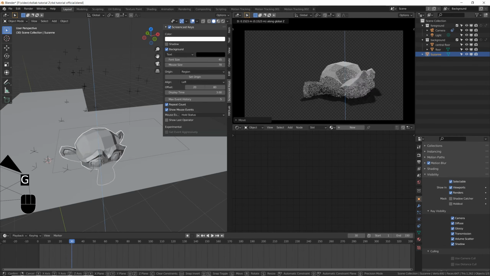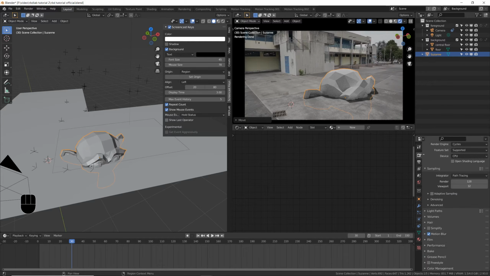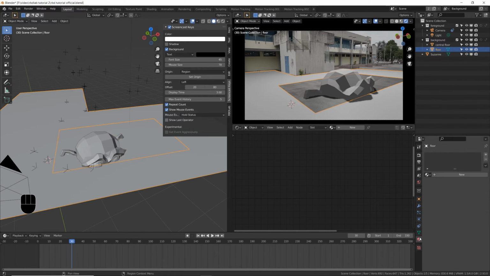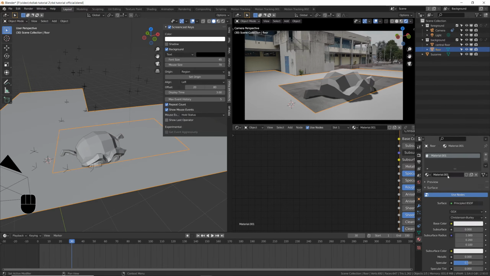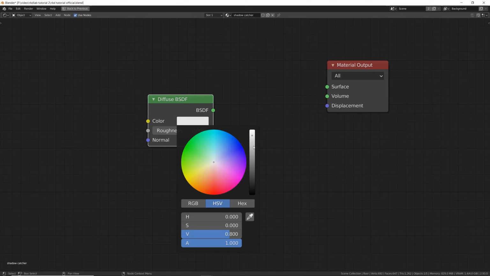Look at this. Instead, in Eevee, this doesn't work, and we need to do a little trick to create a shadow catcher. A shadow catcher on Eevee is possible creating a shader. I'm gonna call this shadow catcher. Let's expand this a bit. I'm gonna delete the principled. If you press Shift A and add in a diffuse shader,